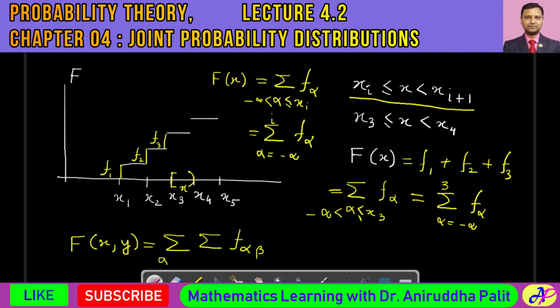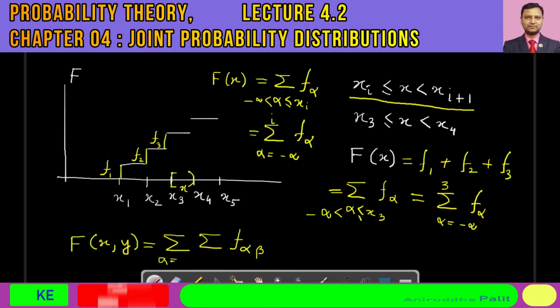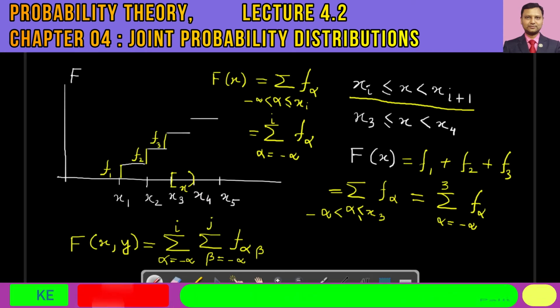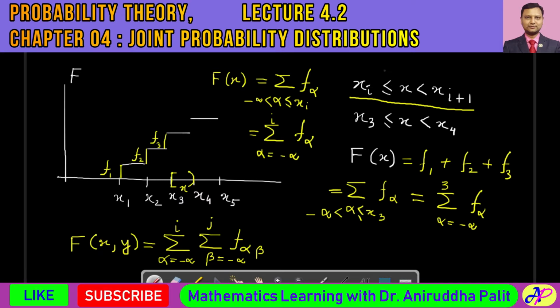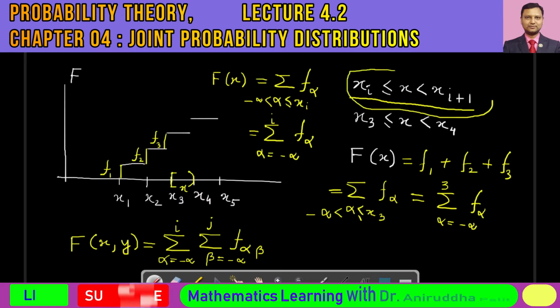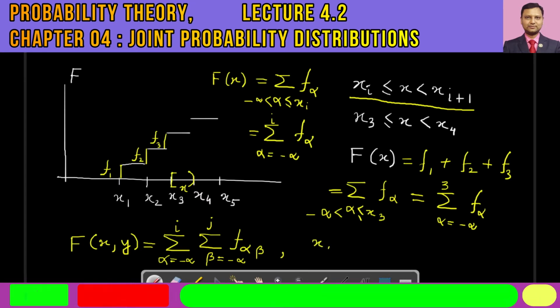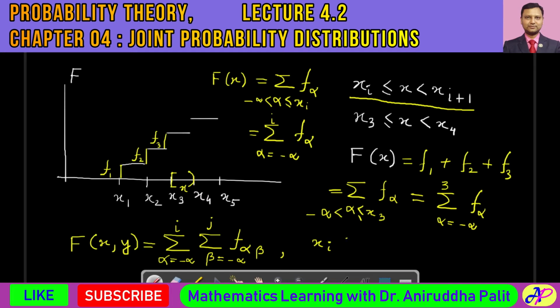Over here alpha should theoretically vary from minus infinity to i, and beta should vary from minus infinity to j, provided of course xi and xj satisfy this kind of inequality. In that case, what would be the range of xi and xj? In that case, we shall have xi less than or equal to small x less than xi plus 1,